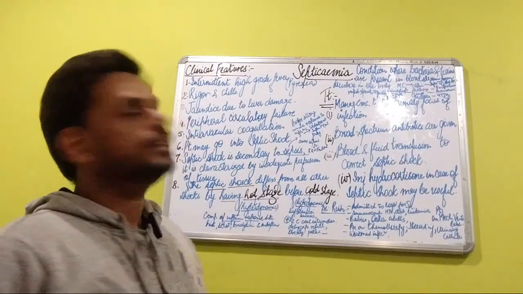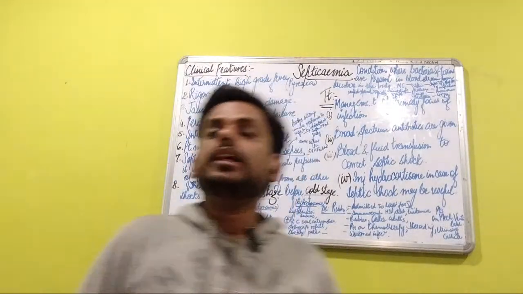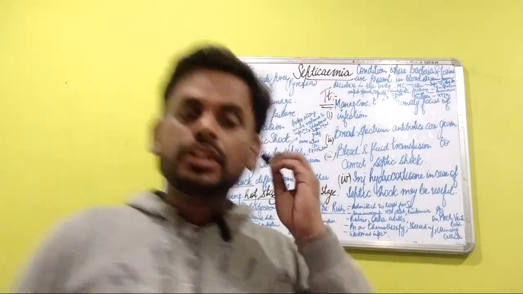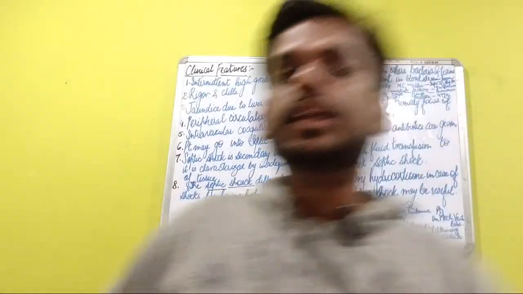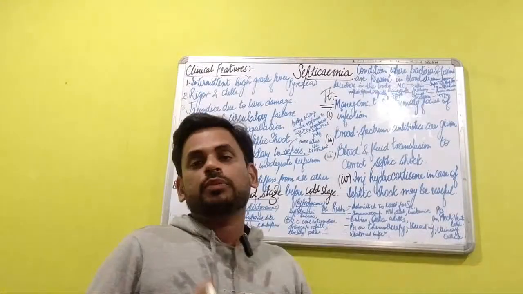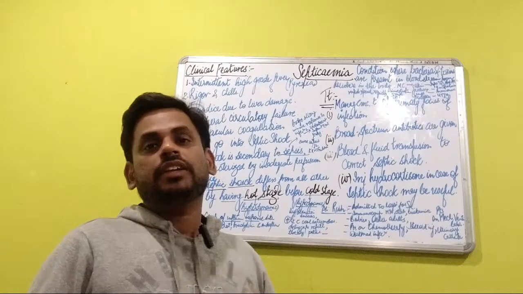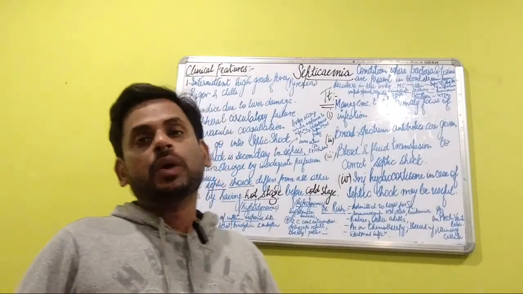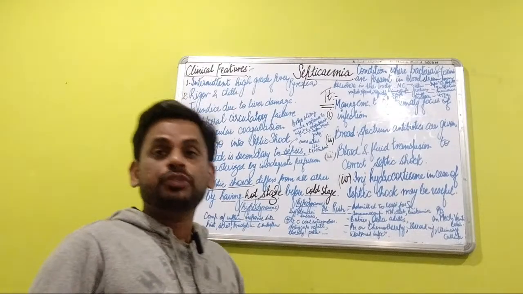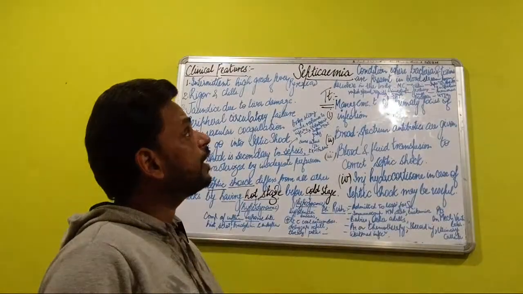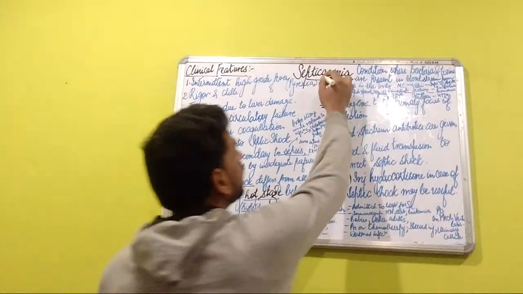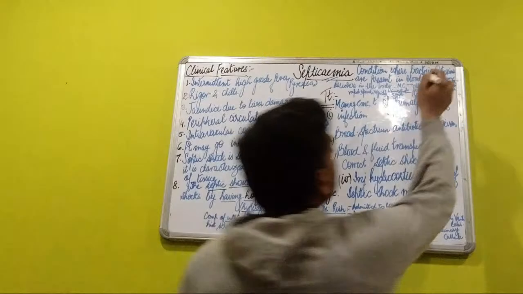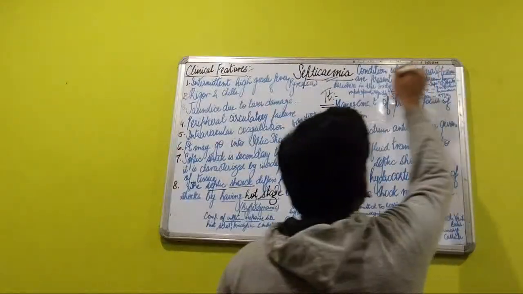So students and viewers, beginning with septicemia, in the previous video I've already said that septicemia is a condition where the blood contains bacteria, which, apart from multiplying, are also producing certain amounts of toxins. In the condition of septicemia, the definition says that the bacteria and the toxins are